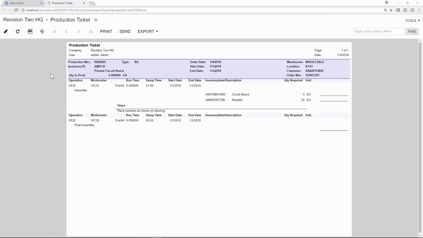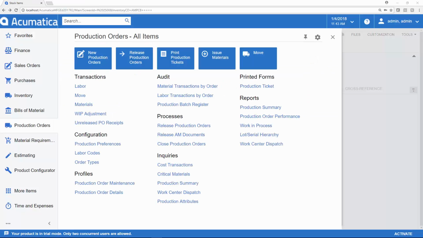Shop floor workers can generate a production ticket, which will show them each one of the operation numbers, the associated components needed for that operation, the specific instructions for each one of the steps, as well as any sub-assemblies that might be included. The order now begins to be produced, and you can choose to enter your labor and material